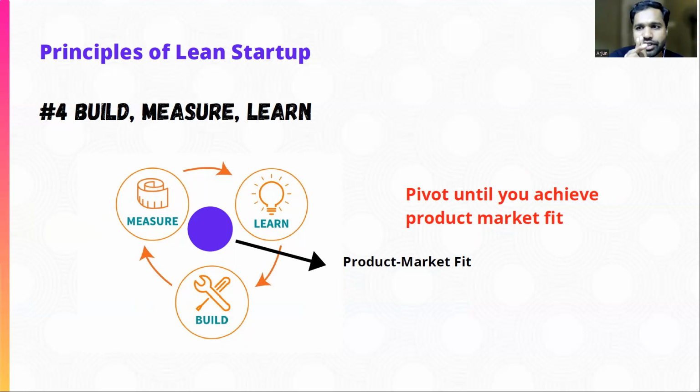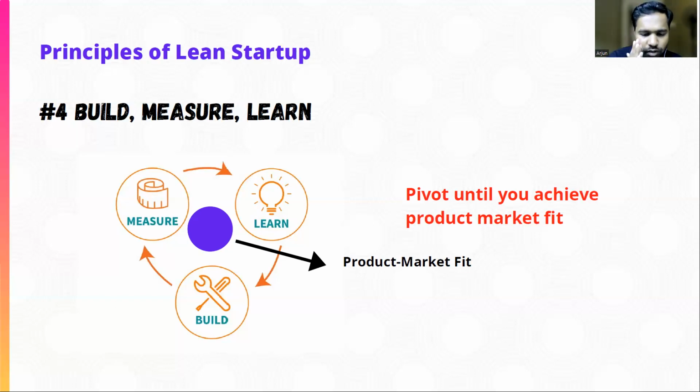If you see any software application, they will have an alpha version, beta version, version 1.1, version 1.2, version 1.3. So it's all different pivots. They came up with version 1 and gave it to the customer, and based on the feedback they learned something, and now they create version 1.1, then 1.2, 1.3, 1.4. Even Android has many different versions, and for the Apple iPhone you can see there are many different versions. So you will pivot till you achieve product market fit.